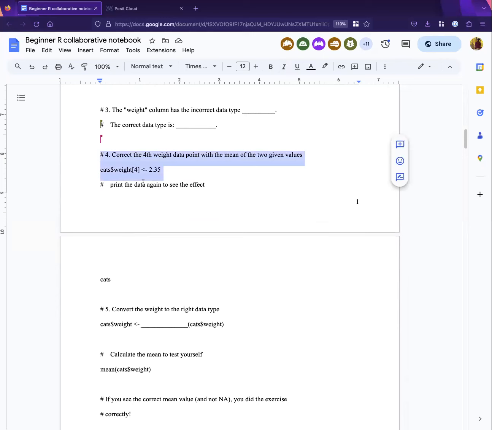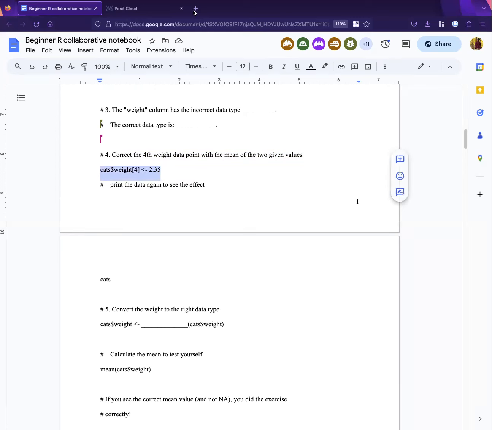I should have crossed out this item, but to clarify, it's getting the 4th item from the cats weight column,